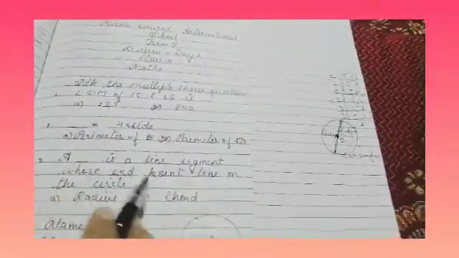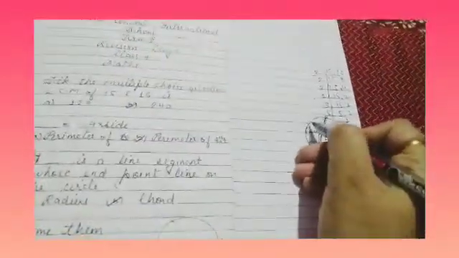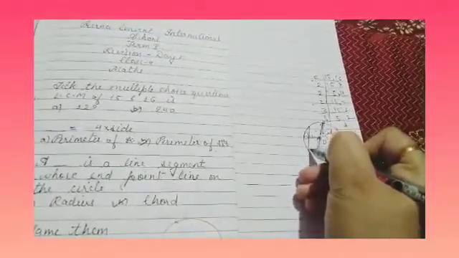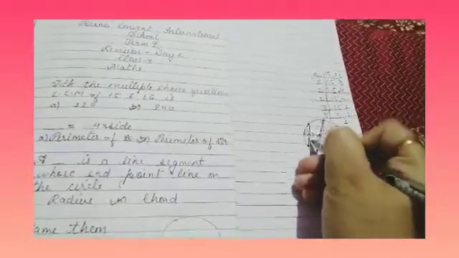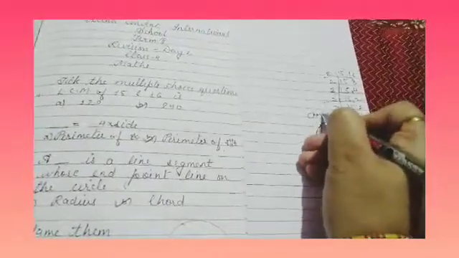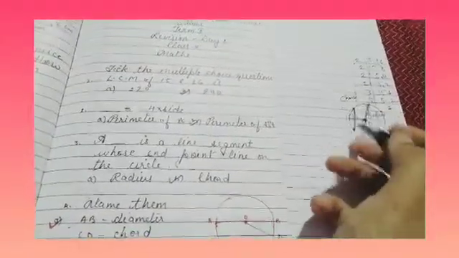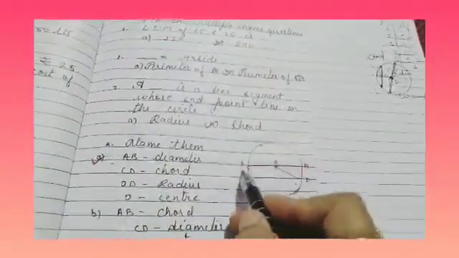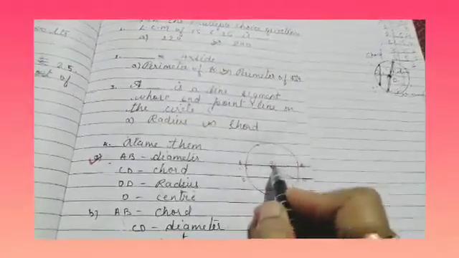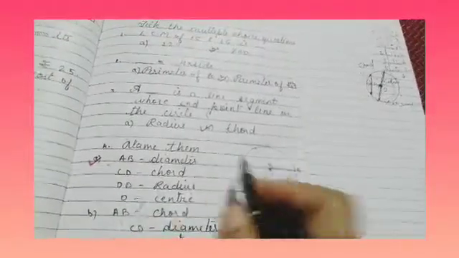So here it is said that a dash is a line segment whose endpoint lie on the circle. So there is another line which does not pass through the center of the circle. This line is known as chord. Okay, so the line segment whose end points lie on the circle, जिसके end point circle पे ही रहते हैं, उसे बोलते हैं chord. Name them. Okay, so AB is the diameter, OD is radius, and CD is chord, and O is the center of the circle. So correct answer is part A.